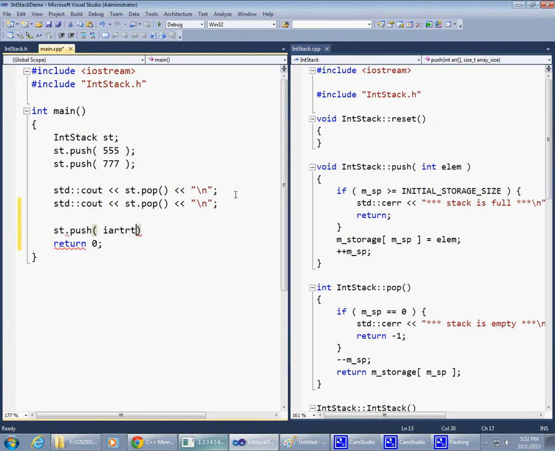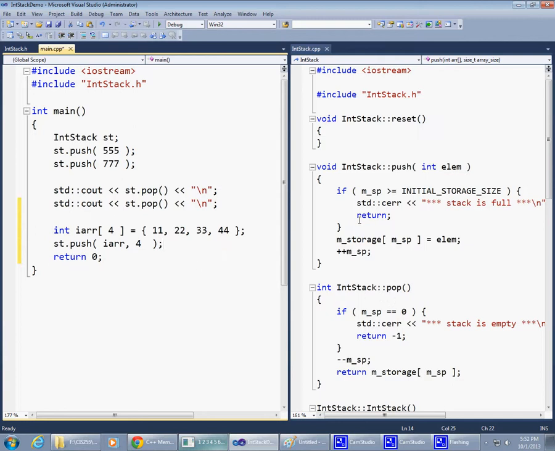an array of integers of some sort, and essentially we have to pass the size of an array. So let's create an array first. Integer array, say 4 elements, and we can even initialize it to be 11, 22, 33, and 44. Okay, how about that? 4 elements in the array, they're all initialized. We say we want to push and store these values on the stack. So we have to specify how many,